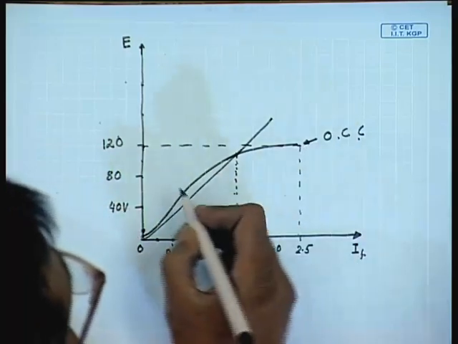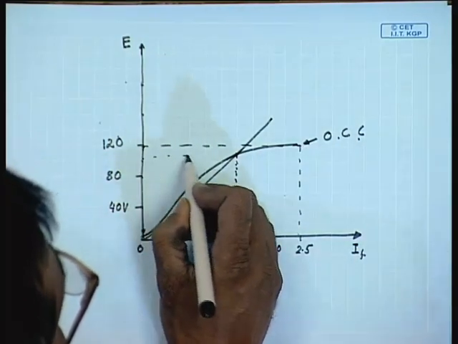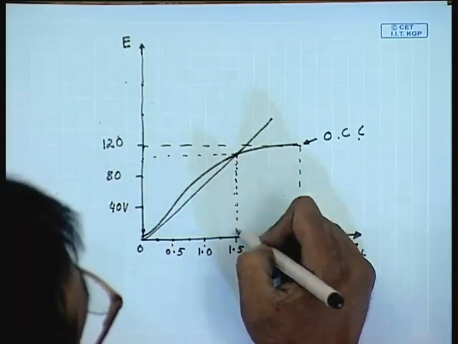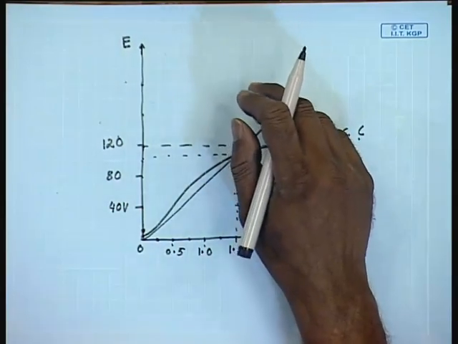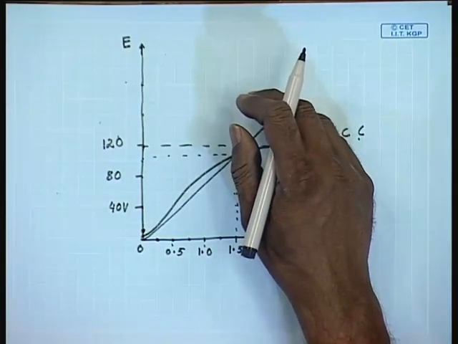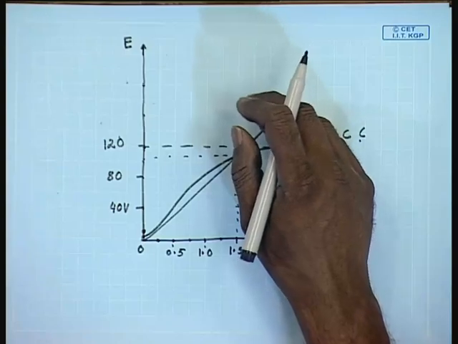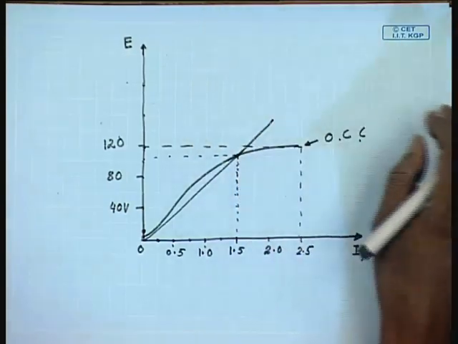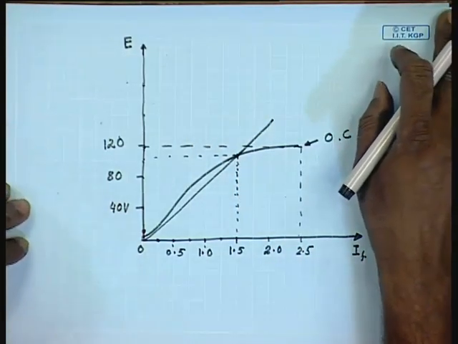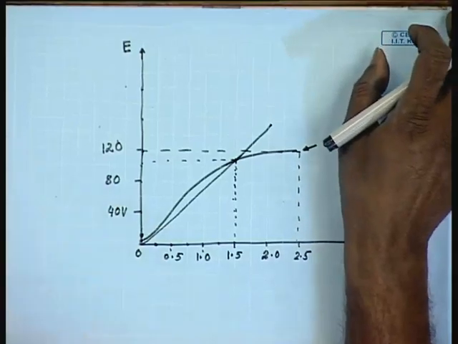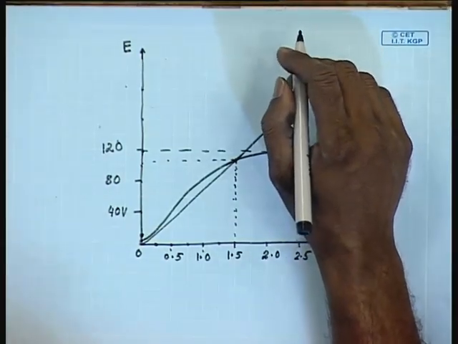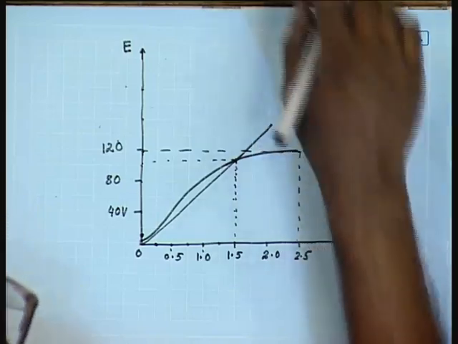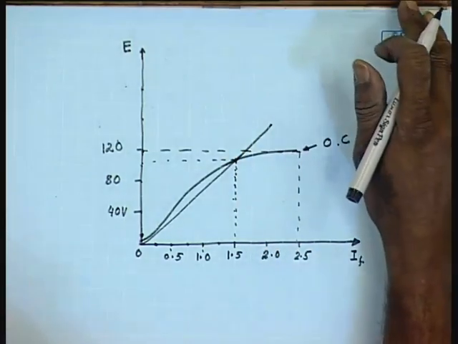The machine will generate 110 volt at no load and the corresponding field current will be 1.5 amperes. So, if we neglect the armature reaction, then